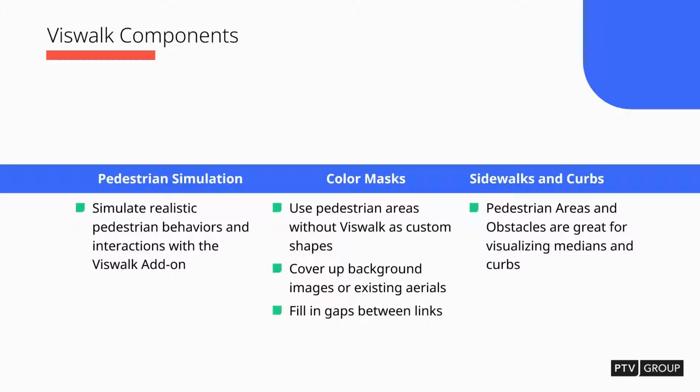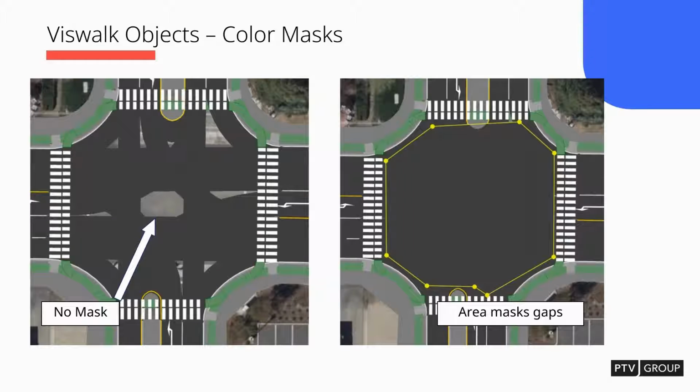When you build in Vissim, you have your various lanes going through the intersection, and if you add a custom texture, it can look really good on that lane, but then you have these weird gaps where the lanes aren't covering the background map. So again, even if you don't have VisWalk, you can utilize the pedestrian areas or obstacles as just generic